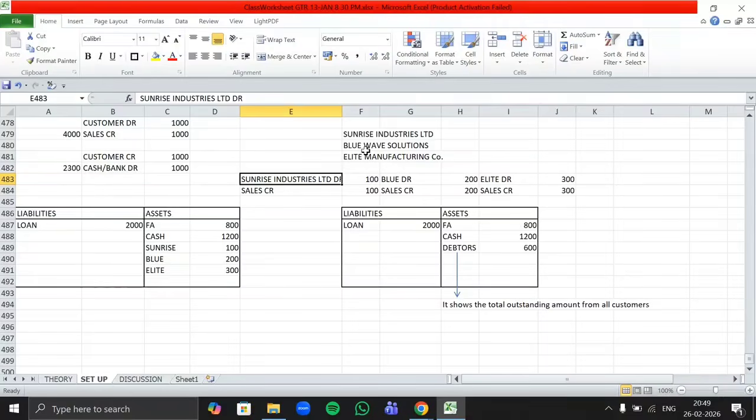Through the debtors ledger, it creates individual customer subledgers and links them with our reconciliation GL, that is our debtors GL. So in SAP, this debtors GL will not be termed debtors, it will be termed a reconciliation GL.